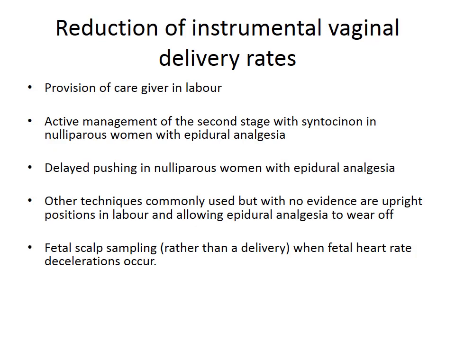Of course, any woman will not be happy when her baby or child is delivered vaginally using an instrument for assistance. Therefore, what are the measures that can be adopted to reduce instrumental vaginal delivery rates as a whole? These measures include provision of a caregiver in labor, this is one. Active management of the second stage of labor with ventouse, especially in nulliparous women when epidural analgesia is used, because